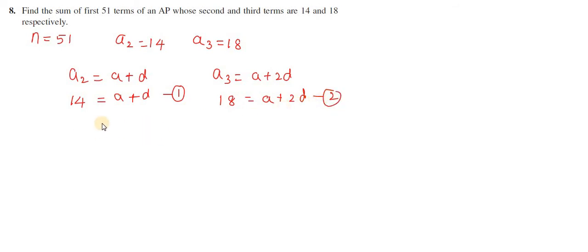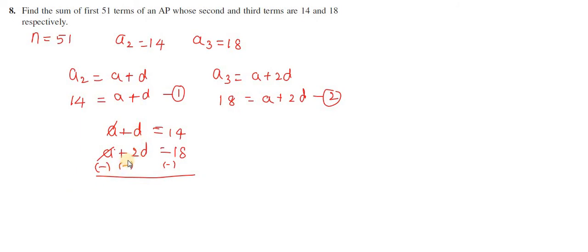Now you can solve this like this. a plus d is equal to 14, and a plus 2d is equal to 18. Now simplify this, so you can cancel any one term, either a or d. Already a is ready, we can cancel. Why? Because here 1a is there, we only need to change the signs. If we change the sign, we can completely cancel this.